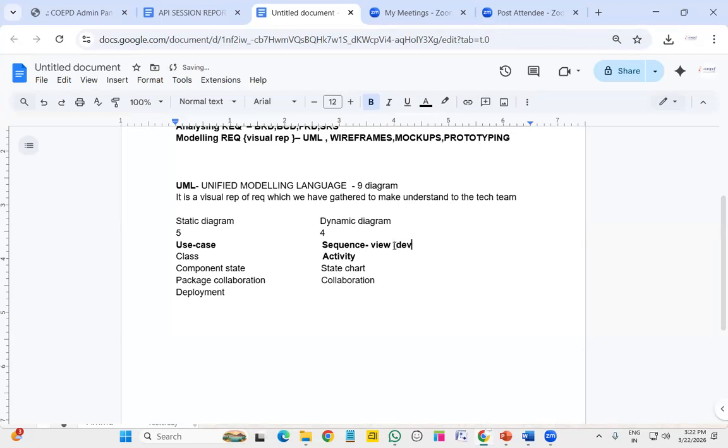But we will look into that, and we will understand what the developers team is trying to explain to us. And here I will explain in detail the use case diagram and the activity diagram. Okay, so coming to the use case diagram,